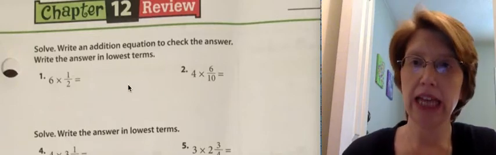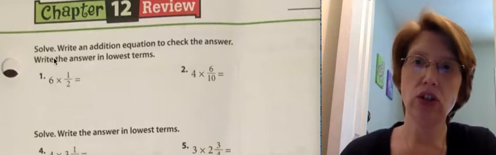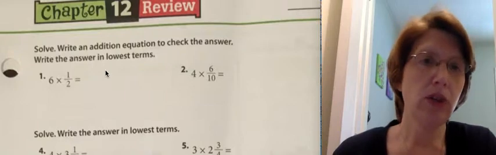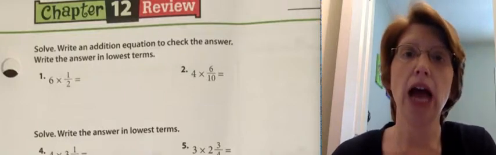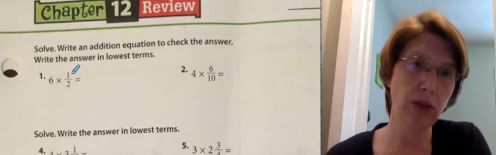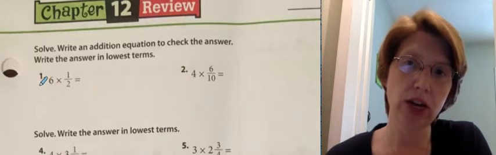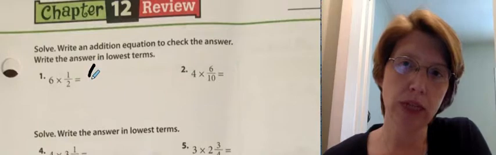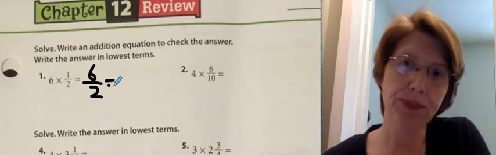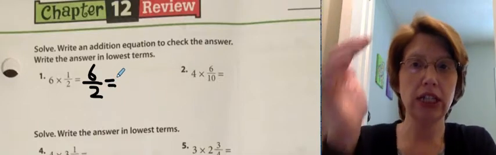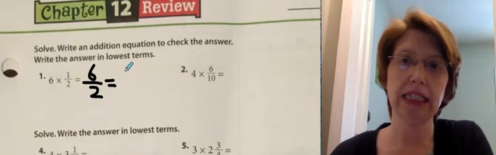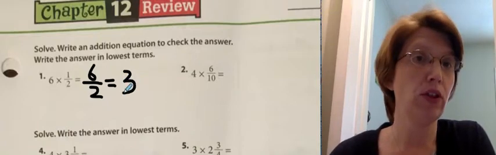let's review a little bit, looking at the top together. It says, solve, write an addition equation to check the answer, write the answer in lowest terms. We're not going to write the addition, we're just going to do the problem. So if I have 6 times a half, I'm going to take the 6 and multiply it times this top number, remember? And then the denominator just comes straight over. 6 times 1 is 6, and then I can just bring over that 2. I can't leave it like that because I have an improper fraction. 6 over 2, remember the bottom number divides into the top, so 2 goes into 6,